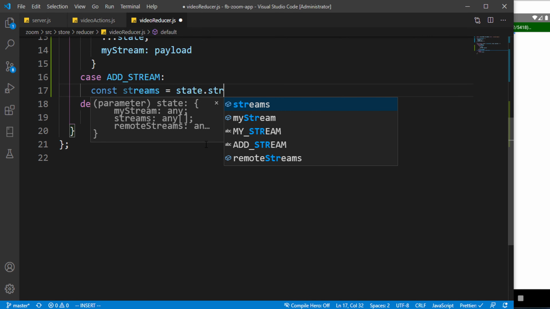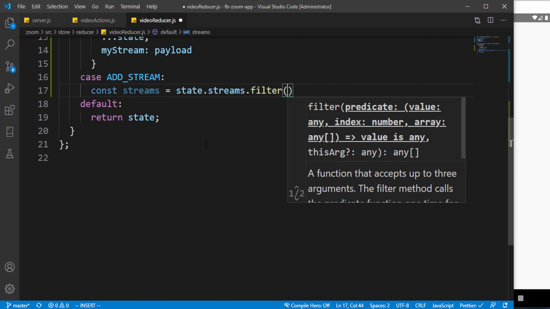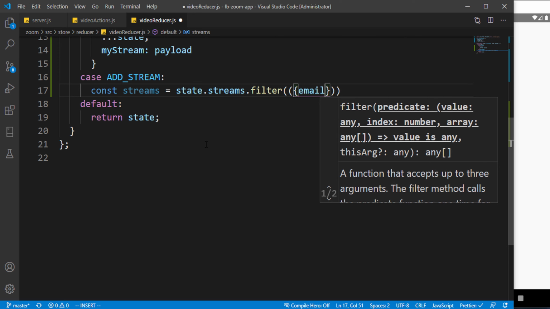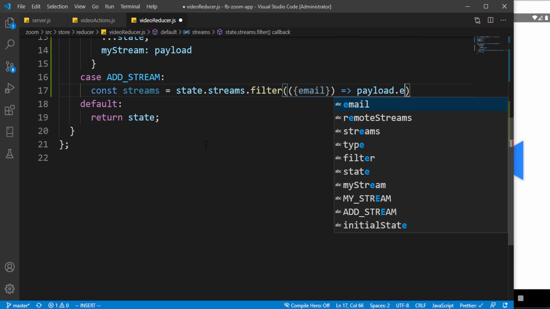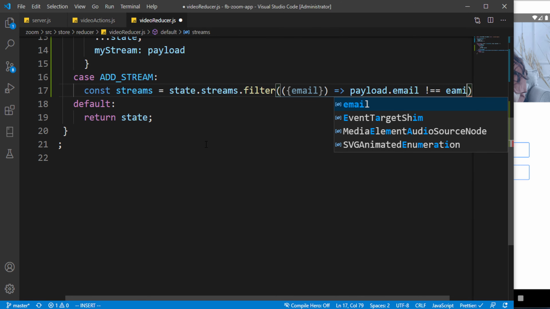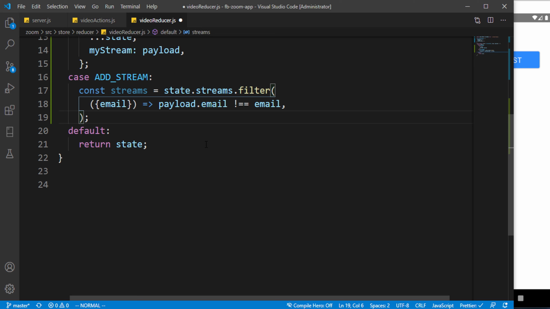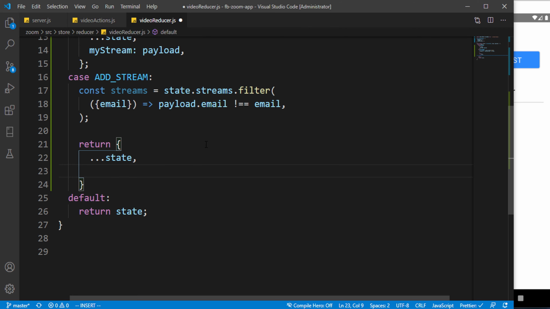So we can just filter out status streams. So we are going to be filtering with the email. We're going to be making sure that the payload.email, remember, is an object, is not equal to the email of any existing stream. Just filter that one out, then we can just return anything in our state. And then for the stream itself,